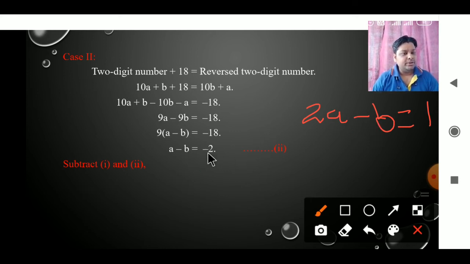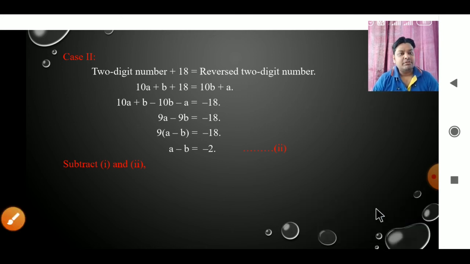At first we have to check that any one is the same, everything the same, b then b, 2b then 2b, like this we have to check. And if this is the same, then we have to check the sign, whether both signs are the same or different. If both signs are the same, then we will subtract. If both signs are different, it means plus and minus, then in that case we will add. Okay, and why will we subtract? Because after subtracting we will change the sign of one term, and then it will be the same term but with opposite sign, it means it can cancel. Then what is left? Only one variable, then we can find that variable.